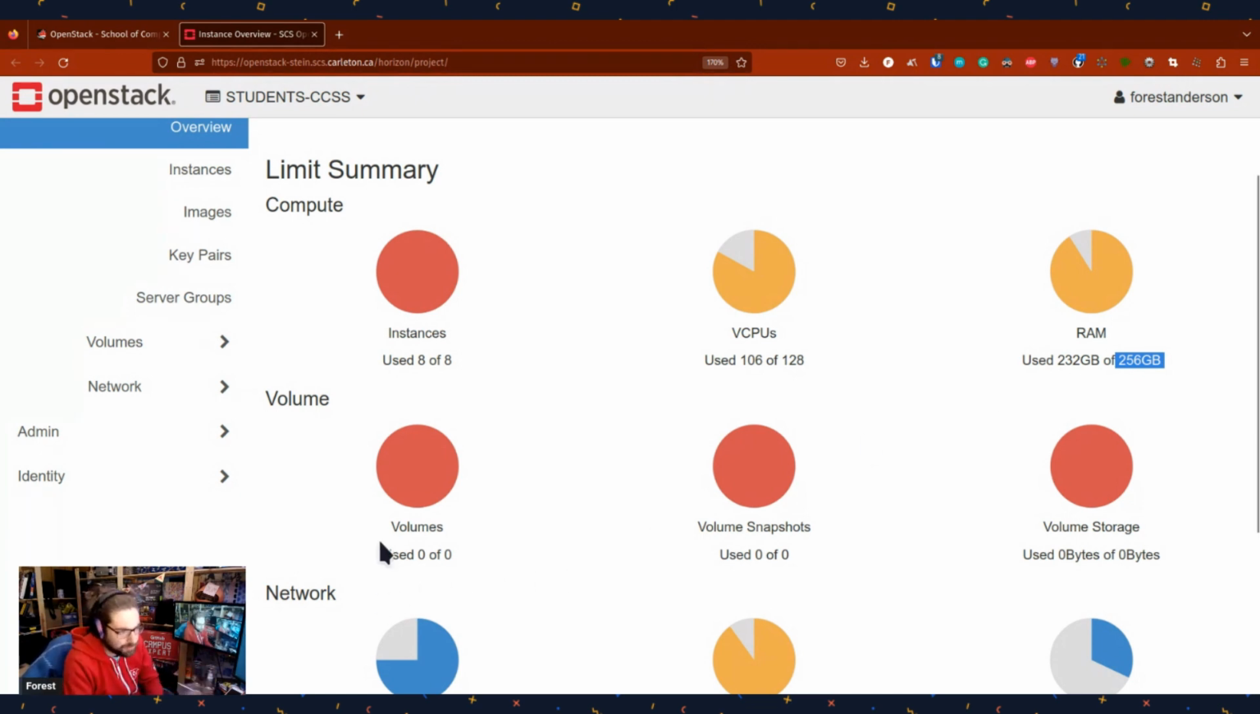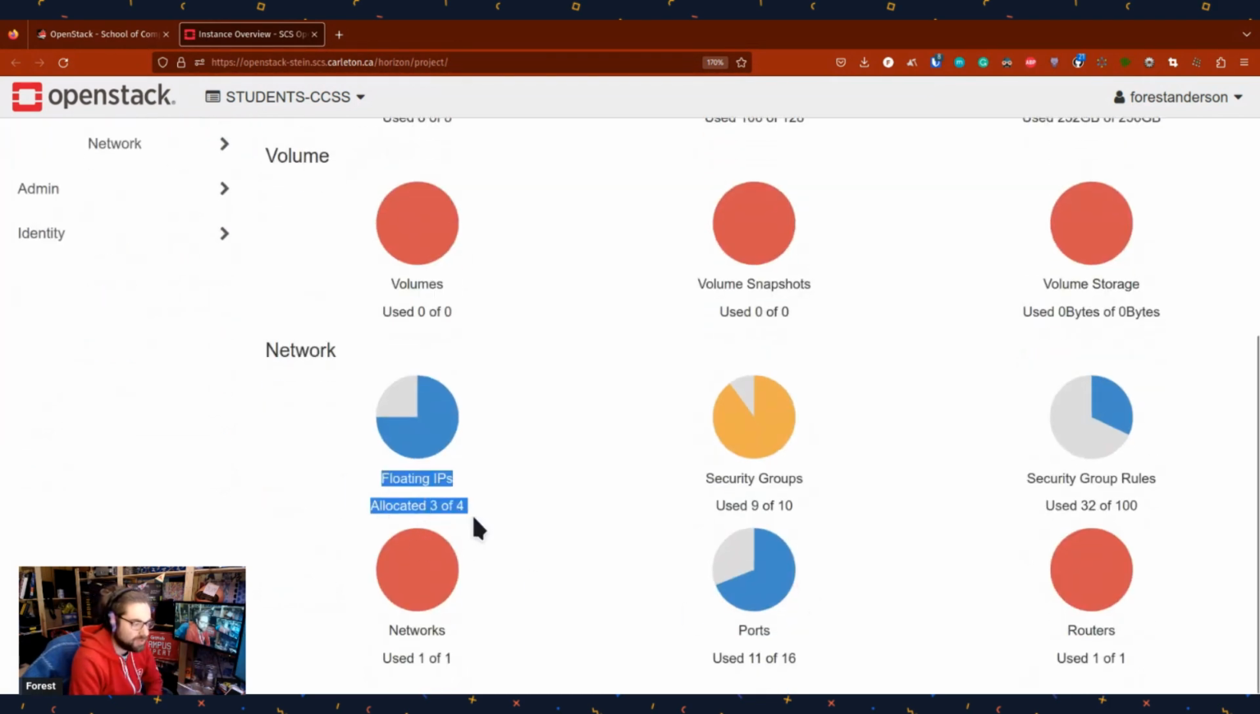Anyways, and we also have volumes. These are how we can store more data than a virtual machine might give us access to. So we would connect a volume to our virtual machine. We also have some ideas of floating IPs, networks, and all this kind of stuff. Really, in courses, the only thing here that I've made use of is floating IPs, so that I can access